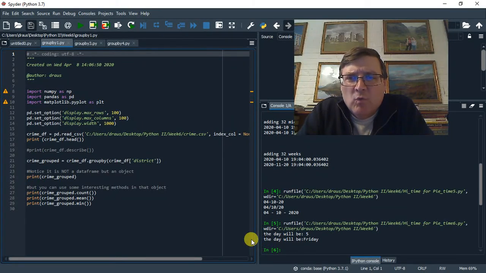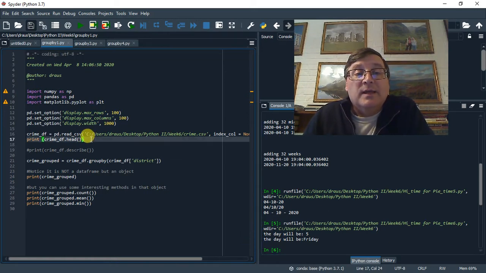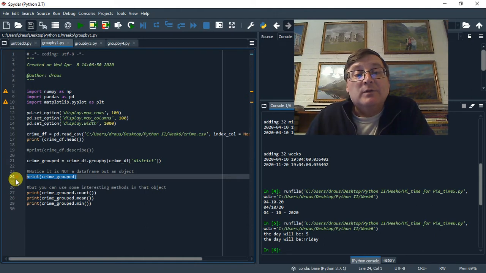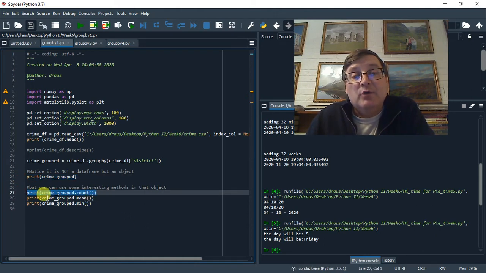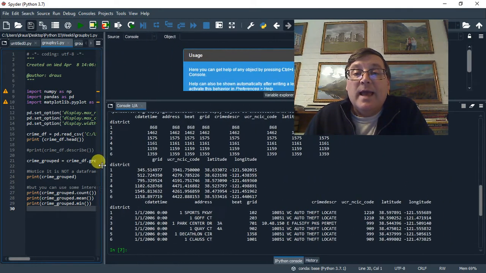Let's look at some more grouping in Pandas, in Python and Pandas. So we're going to read the crime CSV file. We're going to print the head, and then we're going to use the group by function on the district. Then we're going to print that out. Then you can see we can do the count, the mean, and the minimum. And so when we do that, you can see we have,